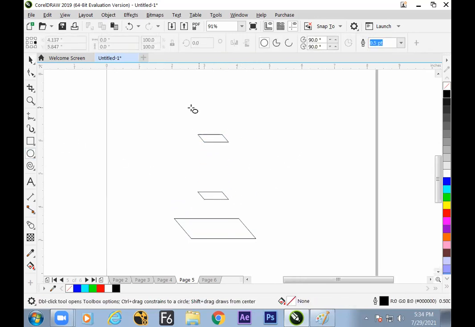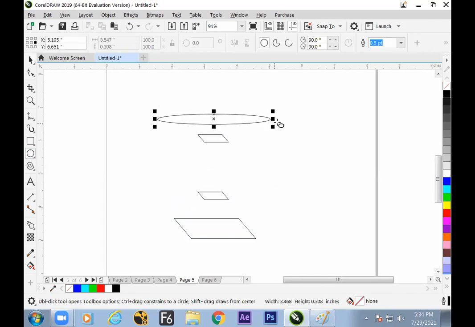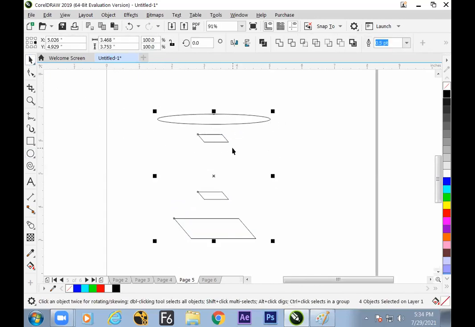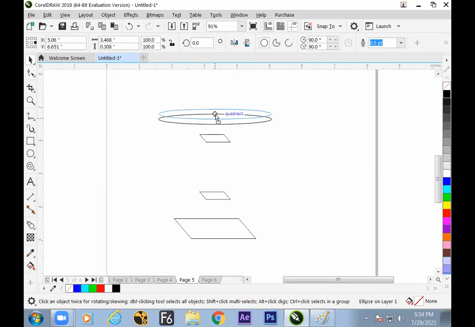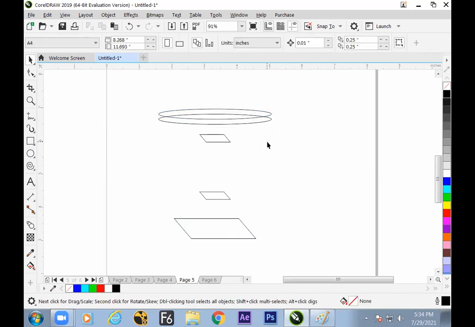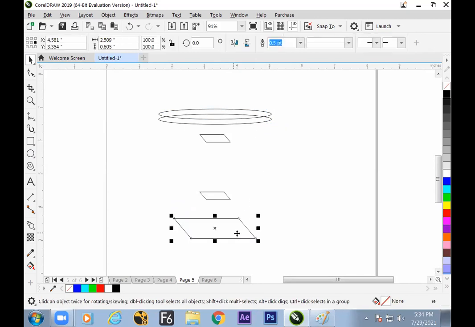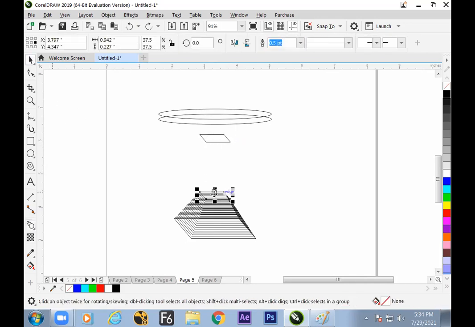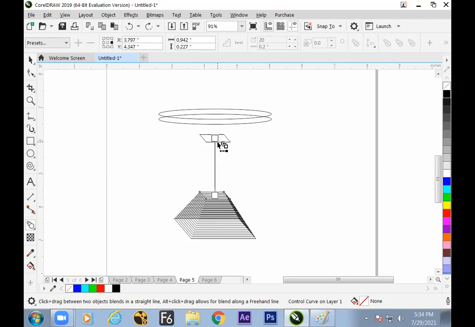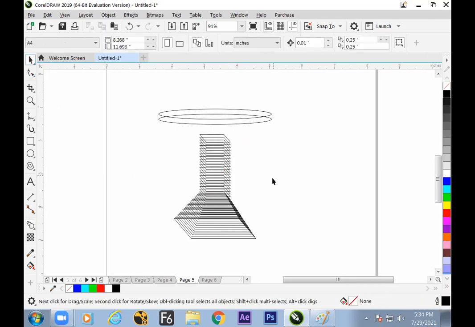Right. And make a circle on the top. So hope the concept is clear. Control A, select all. And what is the alignment? E and C. C for central line, vertically. Now let's make it go a little up. Hope it is clear. Now let us blend it up. 1, 2. Then from here, the next blend will go to the next. Once more, select this, take the blend tool, drag and drop. Hope it is clear.